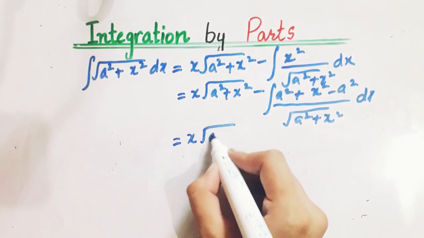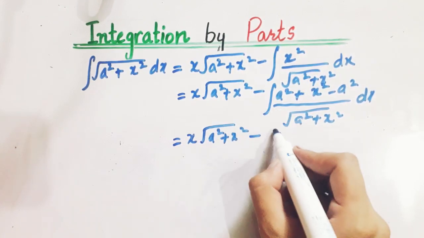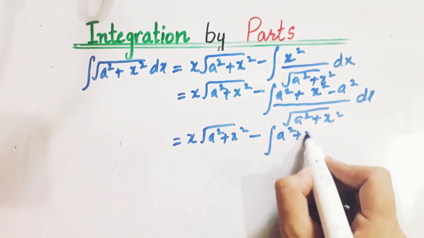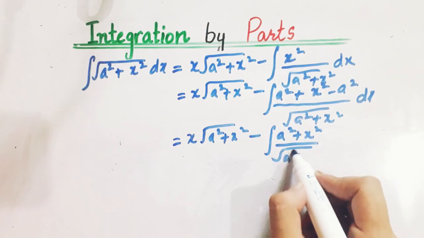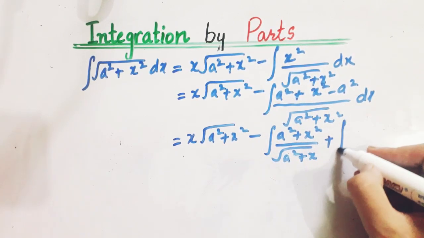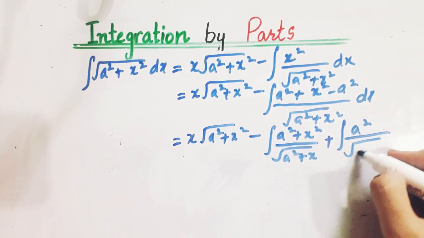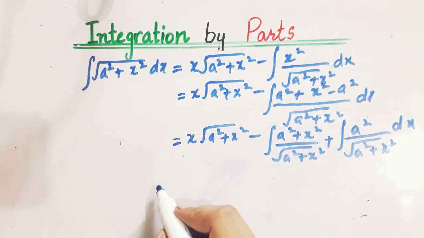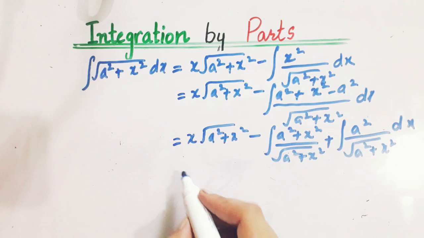x square root a square plus x square minus integral of a square plus x square divided by square root a square plus x square, and minus minus will become plus a square by square root a square plus x square d of x. Now here is an important step. We get this integration equals,